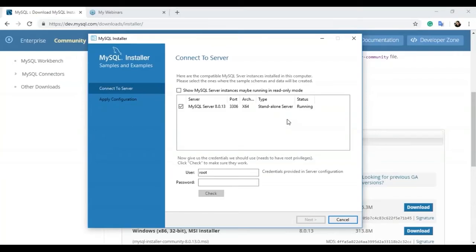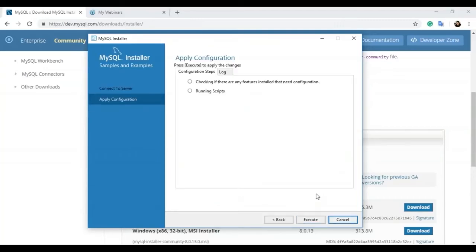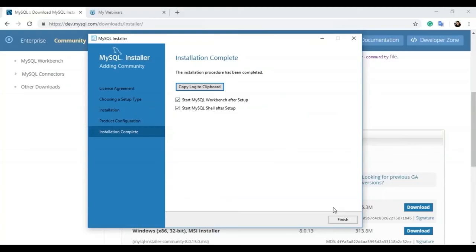So here you have to check the password. I told you to remember the password, just write it and keep it somewhere. Enter the same password and check the database connection. So I'm just going to enter the password and check. Yes, so the connection is successful. Now it is connected to my local host, which is hosted on port 3306. Now we will be running some scripts, then click execute, and if everything is alright and your installation is done properly, you will get this message: configuration and samples done.